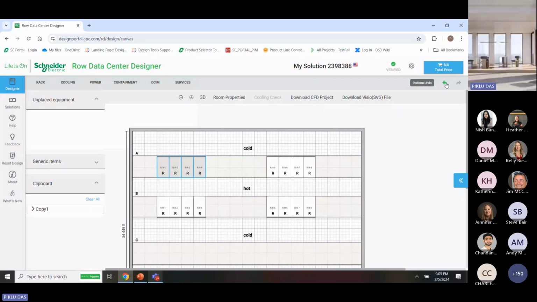But I can also undo and redo it. So if I want to make it new again, I can just perform undo, and it will take me back to the previous state. So all these features we have now added to the Row Data Center Designer also. So now I have this